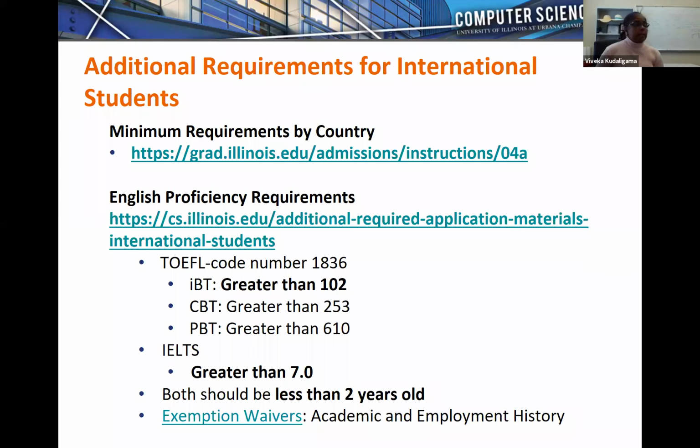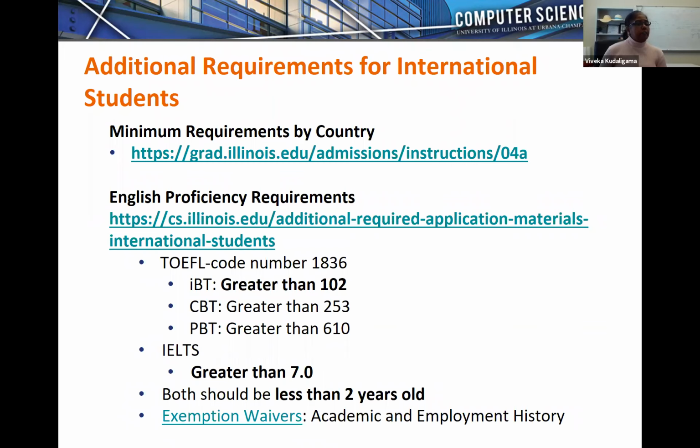There are some exemptions for students who need to submit these scores based on your academic and employment history. For example, if you have earned a degree within the past 5 years from one of the countries that are exempt, and this includes the US, for example, countries like Australia, Canada in the English-speaking part of Canada, and England, then those degrees will give you an exemption from having to submit the scores.